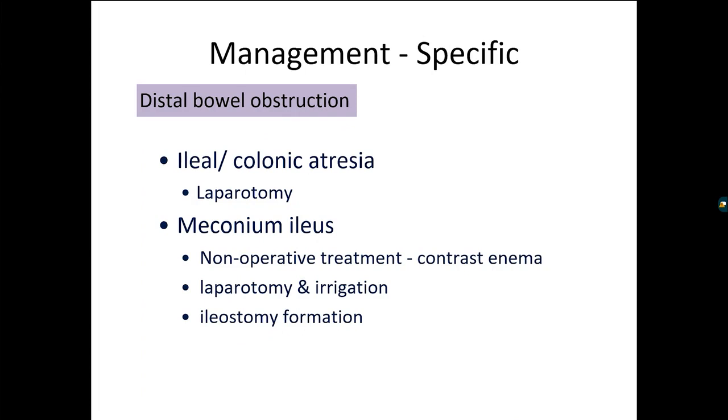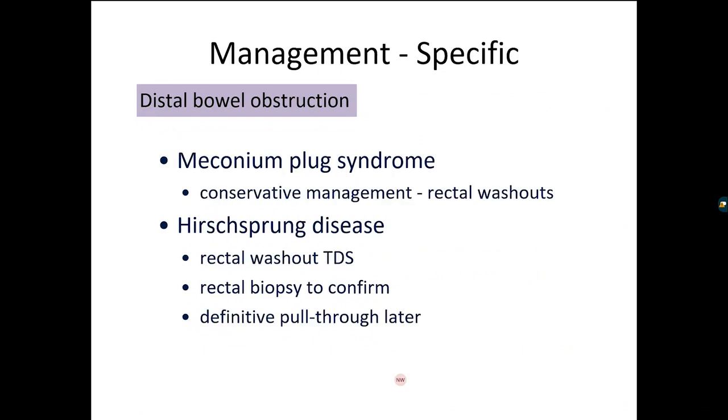Sometimes we do a laparotomy, make a small incision in the intestine and irrigate the bowel with saline. And once the meconium pellets are removed, we just suture the small entry opening in the bowel. Severe cases of meconium ileus might need temporary ileostomy formation for a few weeks until the baby decompresses and evacuates all the inspissated meconium pellets, and then we go in and close the ileostomy. So that's about meconium ileus and